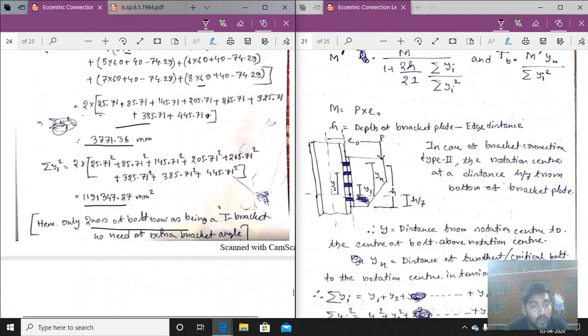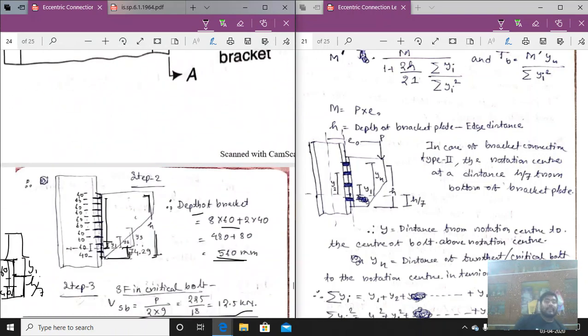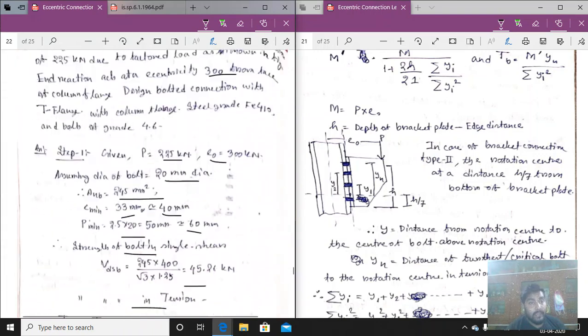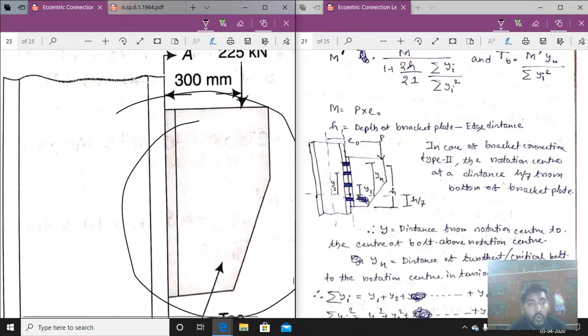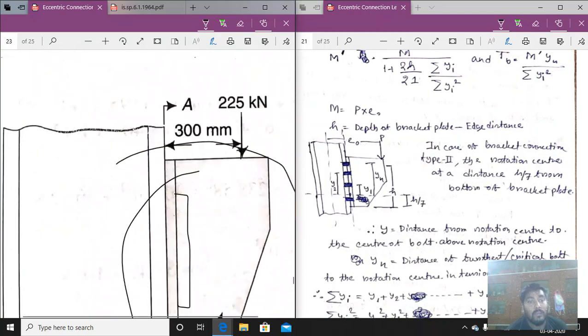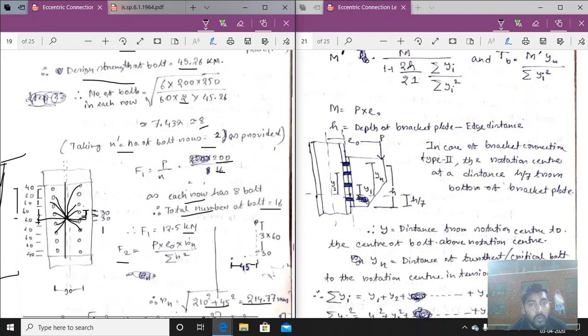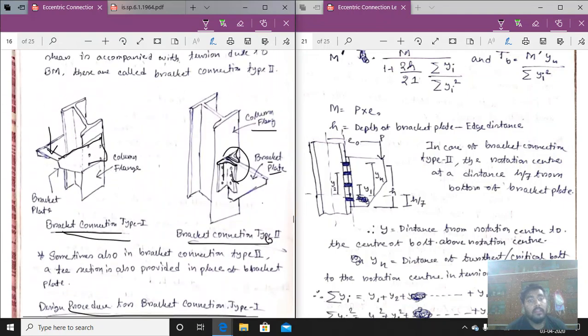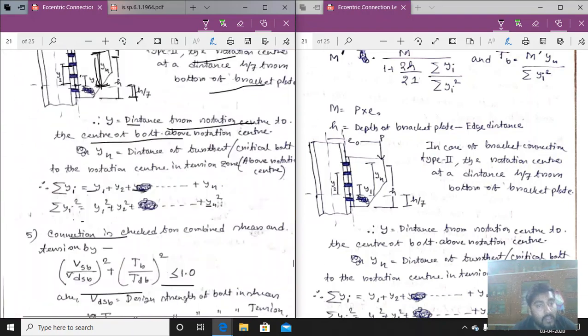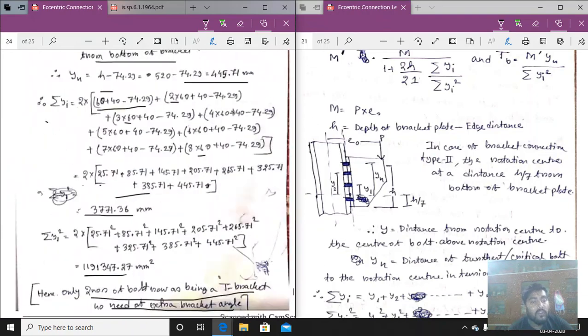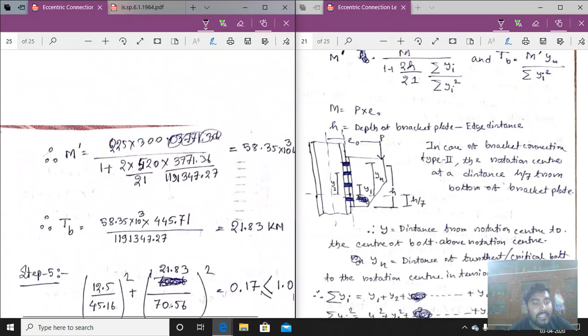Here only 2 rows of bolts are there in a T bracket, so there is no need to calculate an extra bracket angle, as we know for a T bracket. As it is a T bracket, there is no need of an extra bracket angle to be provided. In this picture that I have shown you, in a bracket connection sometimes T brackets are provided, so there is no need of an angle connection, only a T section is sufficient. So as no angle is required, putting all the values here,